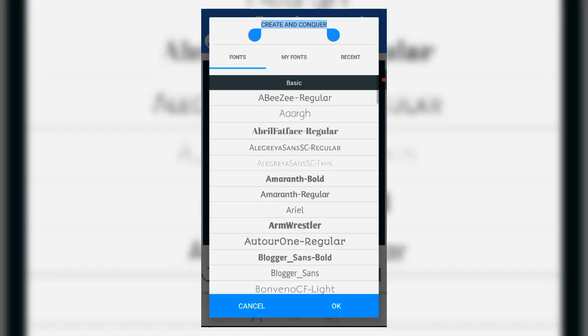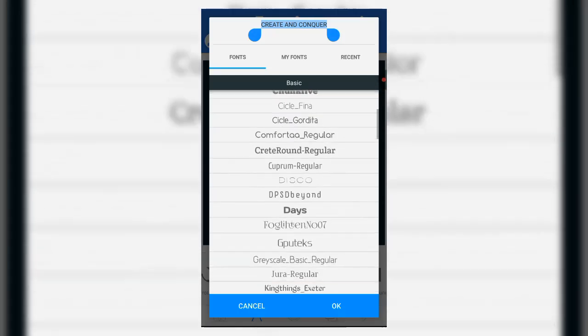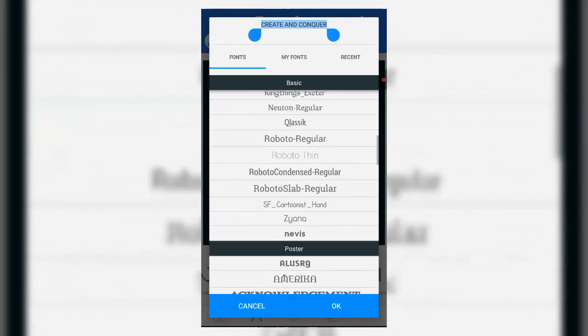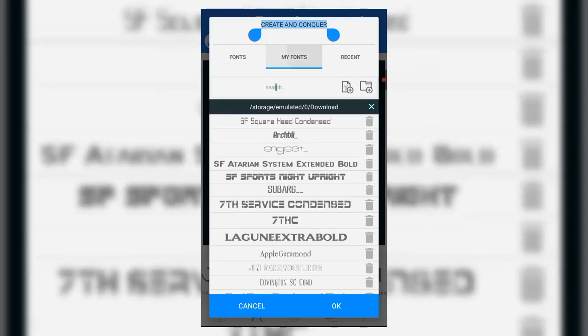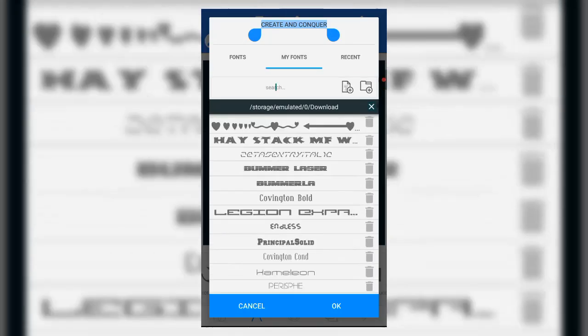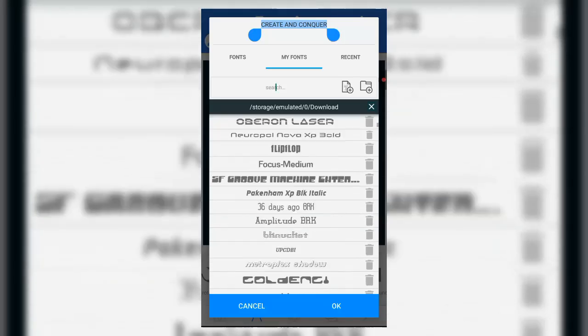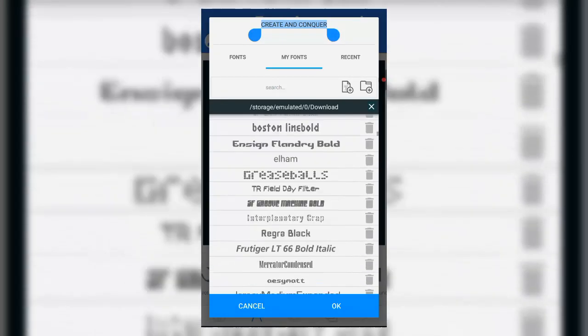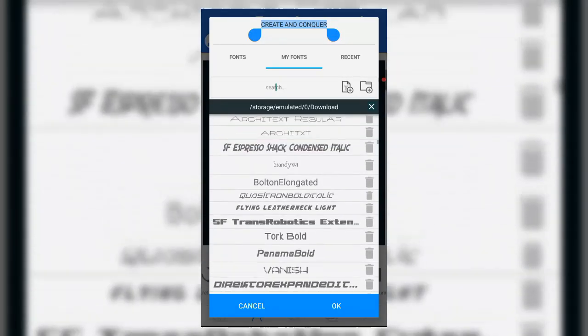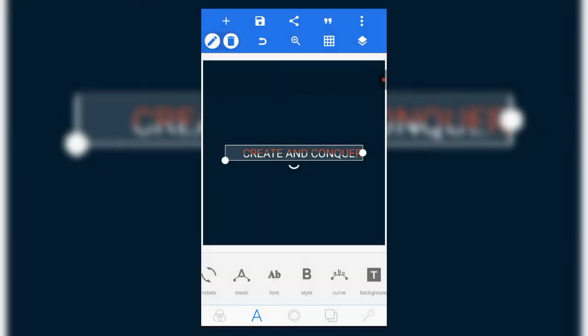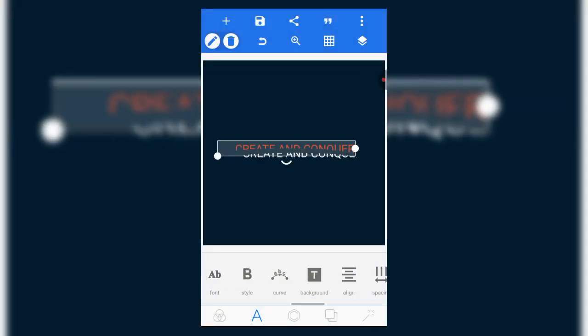Fonts. You just go here. These are the fonts that will come with the PixelLab app. Then these are my fonts that I downloaded. There are 5,000 of them, and I'm going to share the fonts with you. Look, fonts are too many. Good. So the next is